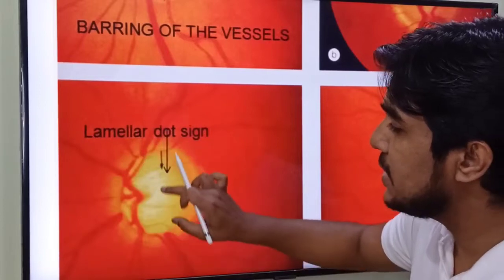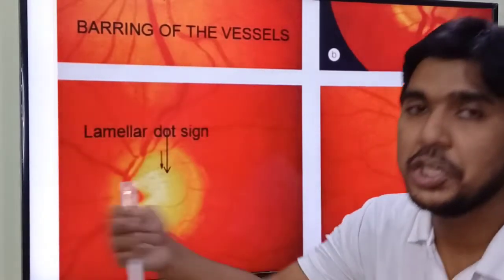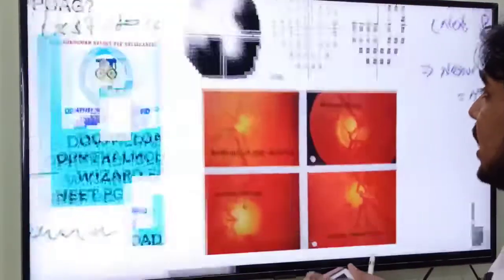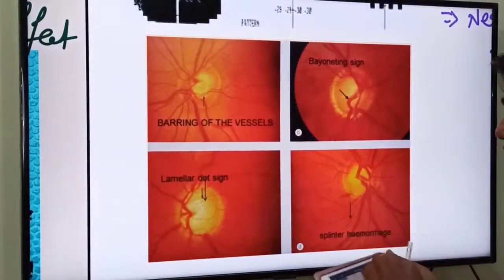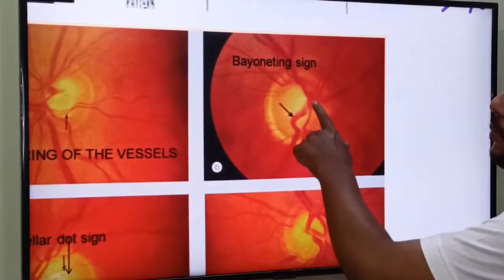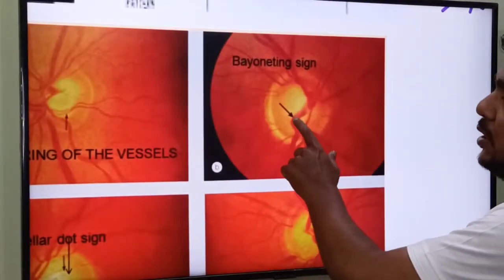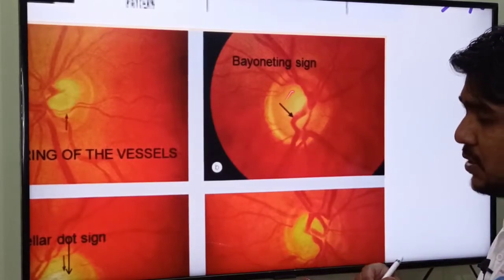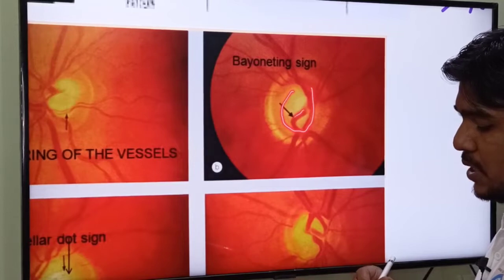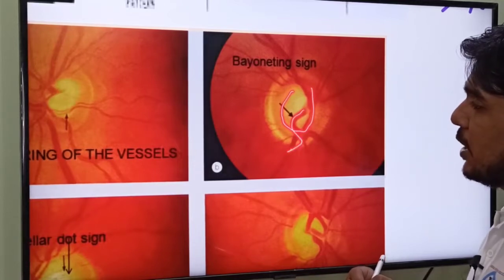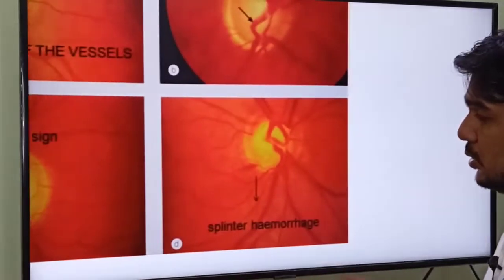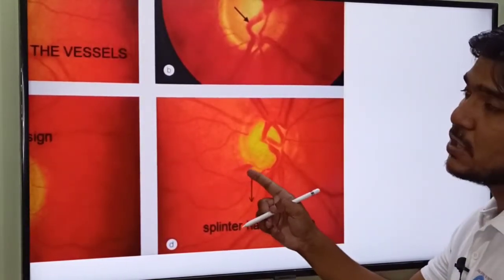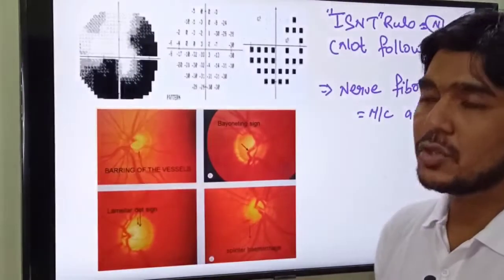The lamellar dot sign means the cribriform fossa posterior to the optic nerve can be seen. This is called the lamellar dot sign. What is this? There is a turning of the blood vessels like this from the edge of the cup. This is the limitation, and from here there is a bayoneting sign. And sometimes what we see is this, the splinter hemorrhage. This is a hard sign of